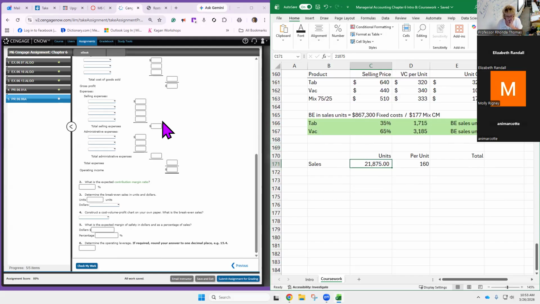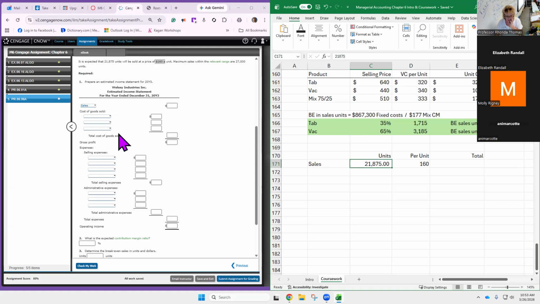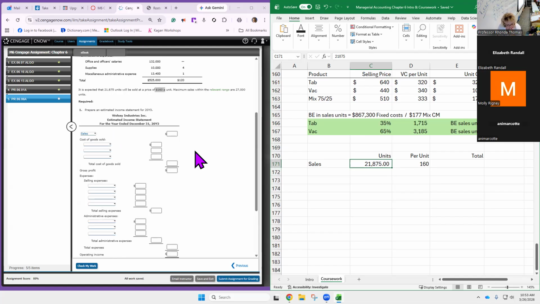Like I said, we're going to put together an income statement based on an estimate. So there's the expectation of the volume, 21,875. Okay, so we go down with that. And then this is the dollars per sales price per unit. Okay, and we're going to keep it at a whole dollar. And then we're going to bring in,